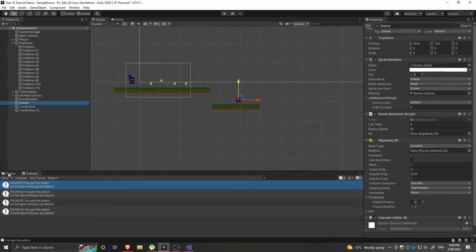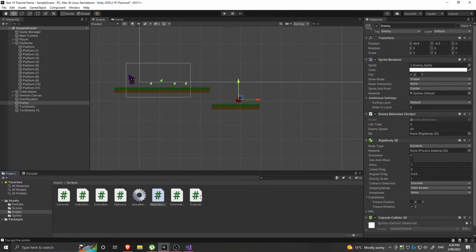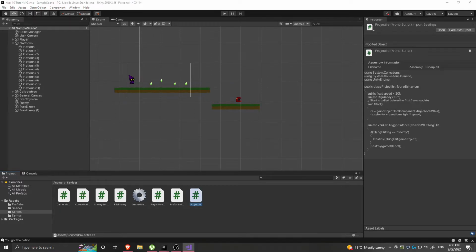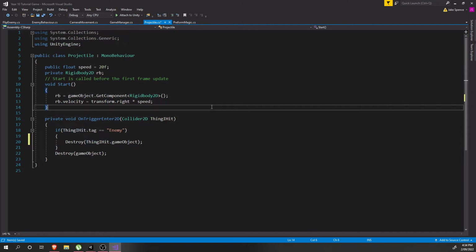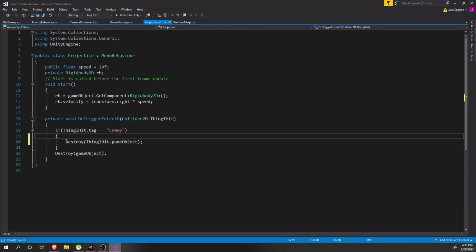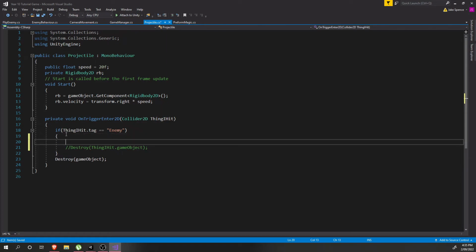So what we set up the other day was that when our projectiles... Going back into here. What our projectile script currently does is that whenever it hits anything, it says, is that thing that I hit an enemy? Does it have the tag of enemy? If so, then just destroy it. But instead what we'd like it to do is just decrease the life and then destroy it once it's dead. So what we'll do is we'll write